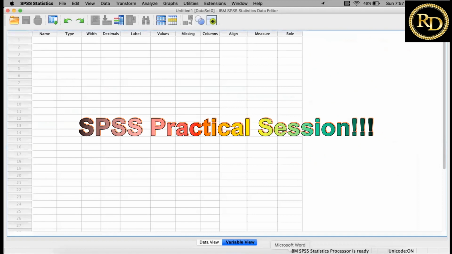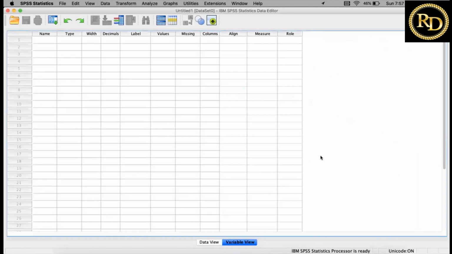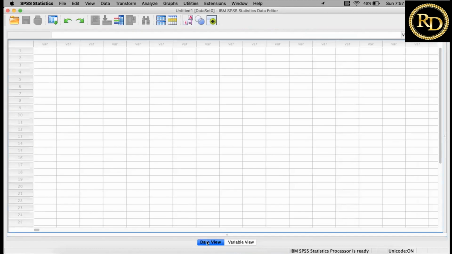So here you can see this is SPSS, the Statistical Package for Social Sciences, and IBM is the company which is preparing and maintaining this software. It looks like it has two windows, two panes I can say.